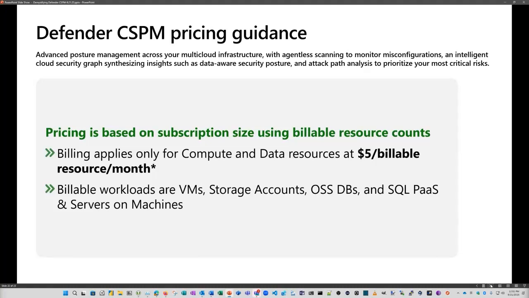Those billable resources today are VMs, storage accounts, open source databases, and SQL PaaS database servers, and that's it. And this cost will keep at $5, and as we add additional capabilities, we'll still keep that cost of $5, which I think is a really good